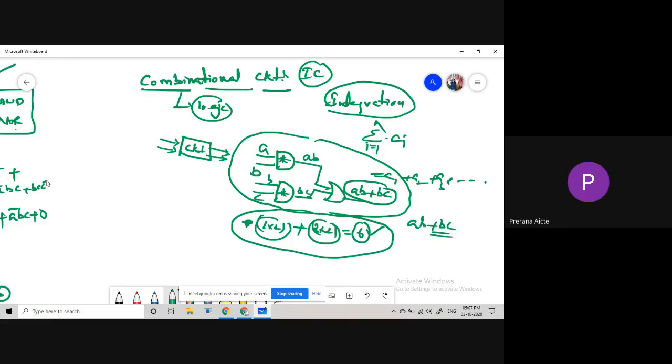Here we are combining some logic gates to get the exact output, right? Whenever we interlink the logic gates, then only we get the final result. So this is nothing but a combinational circuit. We are combining several logic gates instead of using several electrical components like resistors and capacitors. So if you use logic gates, the circuit is called a combinational circuit.